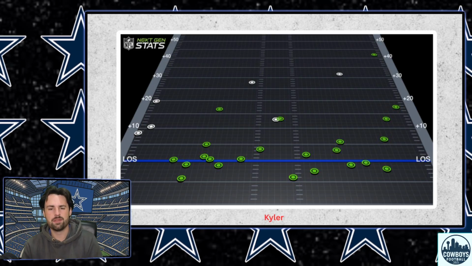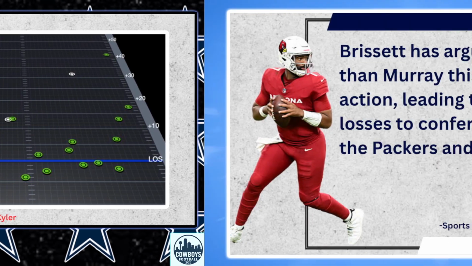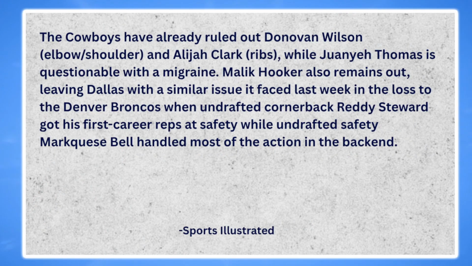But let's get into some of the injury updates that actually affect our team directly. The Cowboys have already ruled out Donovan Wilson due to an elbow/shoulder injury, Elijah Clark due to a rib injury, and Wanye Thomas is questionable with a migraine that has already cost him multiple games. Malik Hooker also remains out, leaving Dallas with a similar issue that it faced last week in the loss to the Denver Broncos when